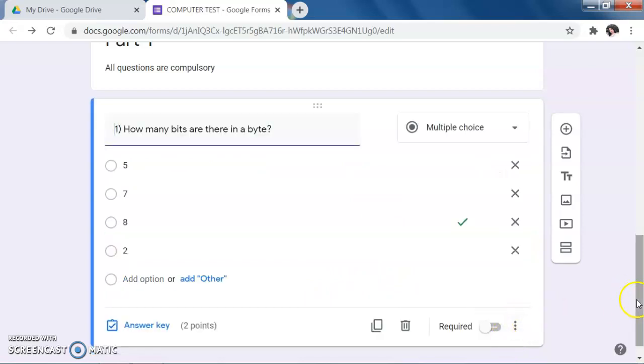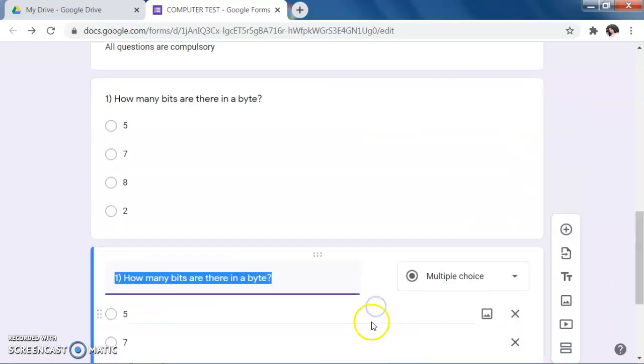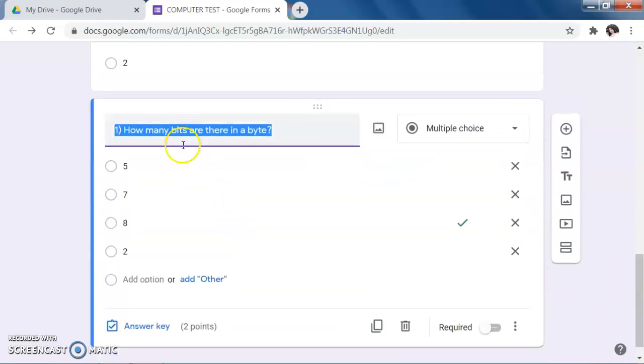Then go for the next question. If you want the same type of question, then go for duplicate and you get the next question. Suppose here I want to give some other question. Suppose, what is a computer?